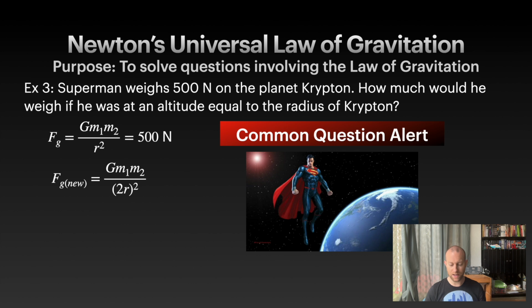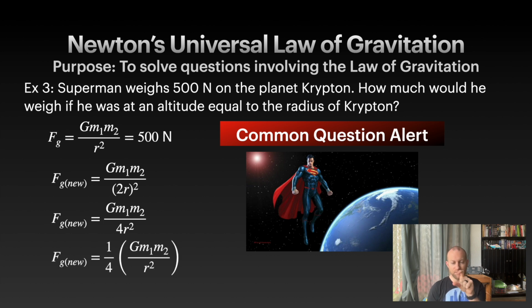He's at an altitude that's equal to the radius. So I've doubled the distance between them. When I square that, I get a factor of 4. Now I'm going to show you one step here that might not make sense. I'm factoring out this 1 over 4. So I'm doing that to show it as something separate,